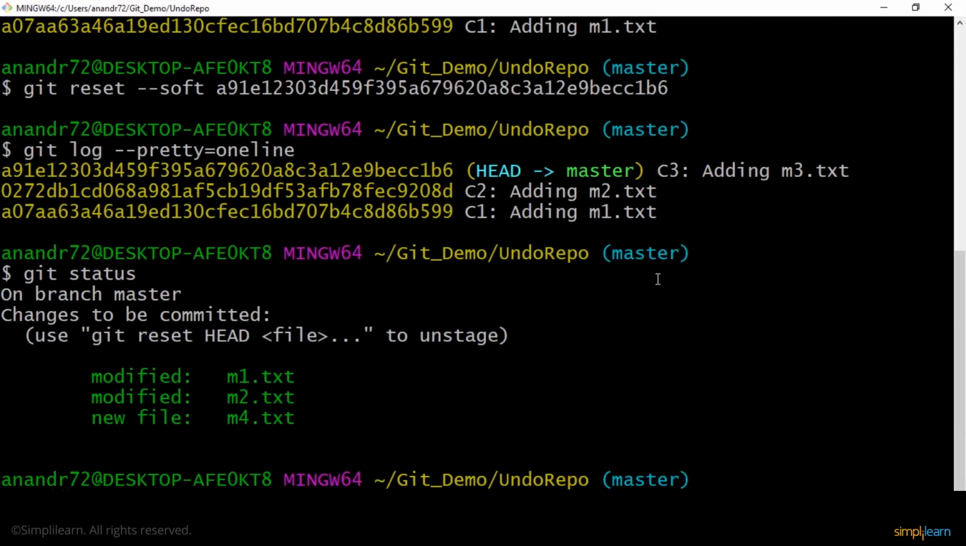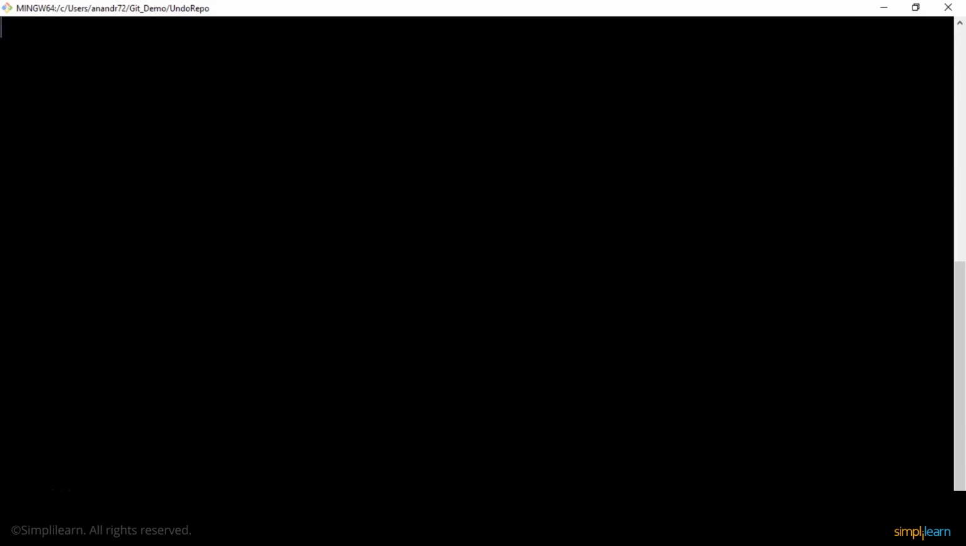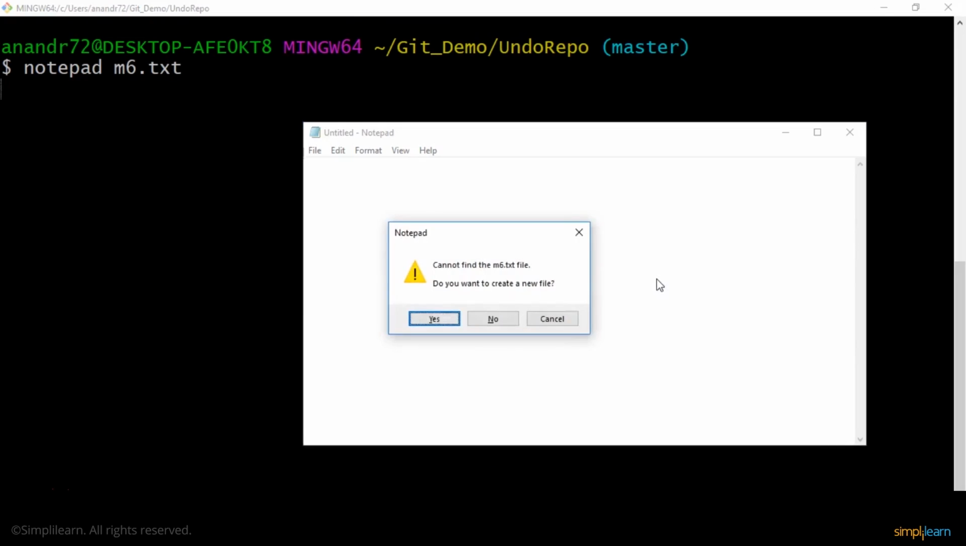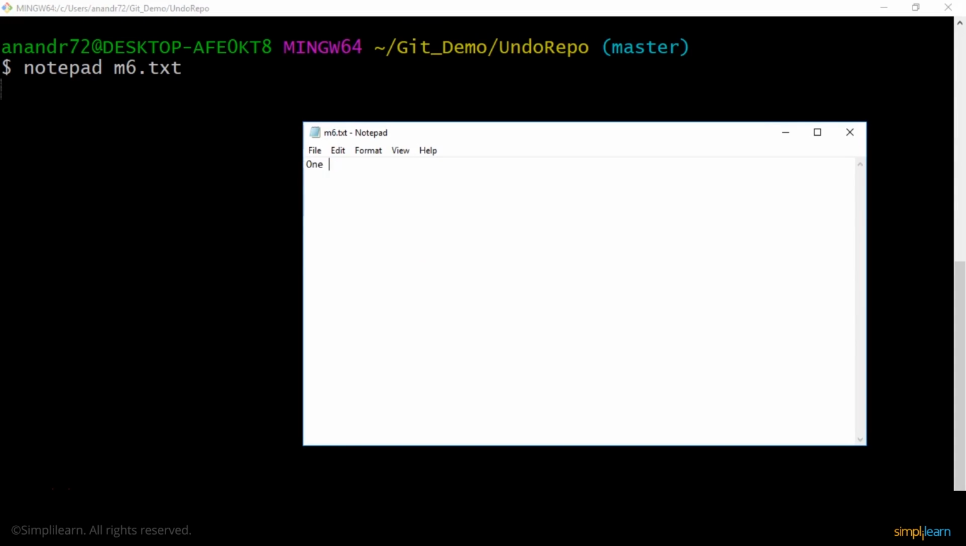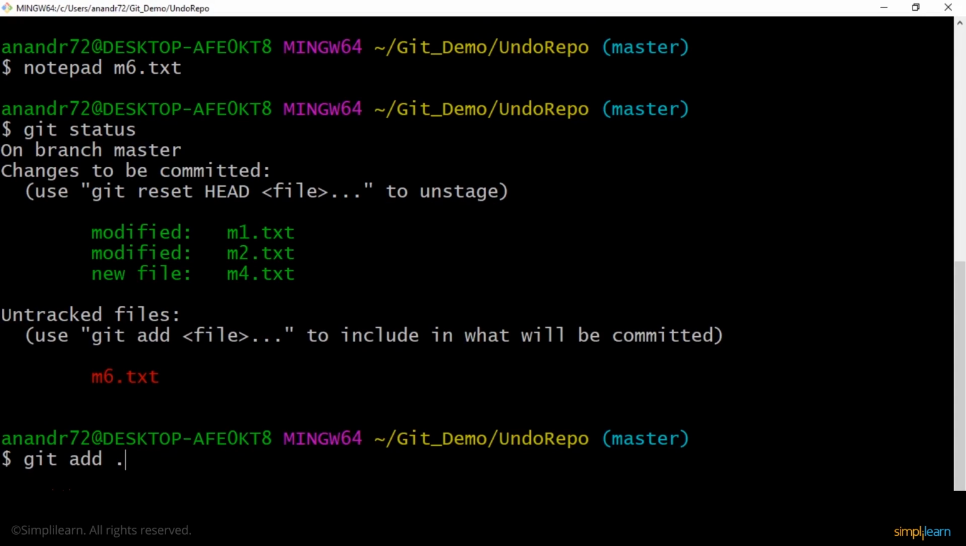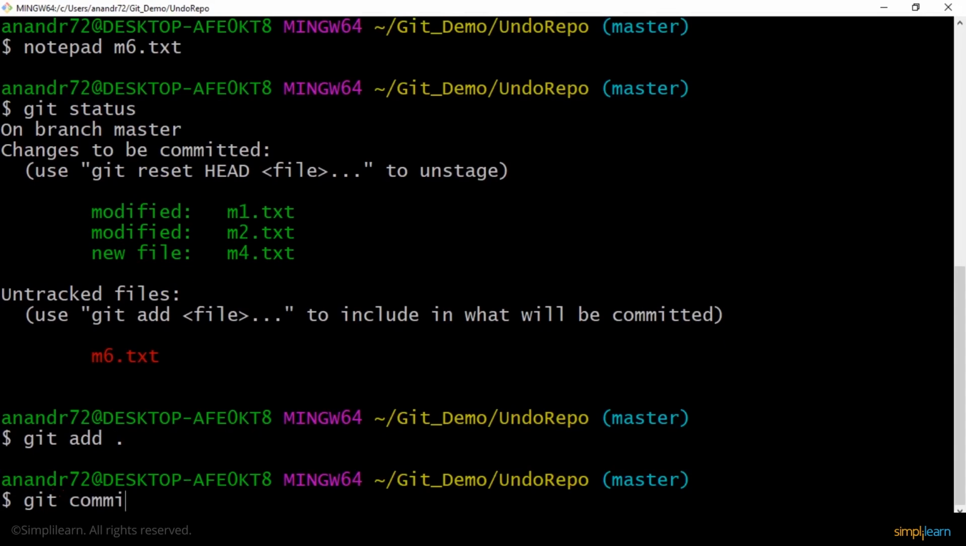All right, now I can make some more changes as part of my commit, and possibly commit this whole thing as a new commit altogether. Maybe I'll open up a notepad and create a new file called m6.txt and say one new file that was missed out. I make this change. I go to a git status. All these files are still there. I would say git add dot. I would say git commit -m C4 rewriting history,